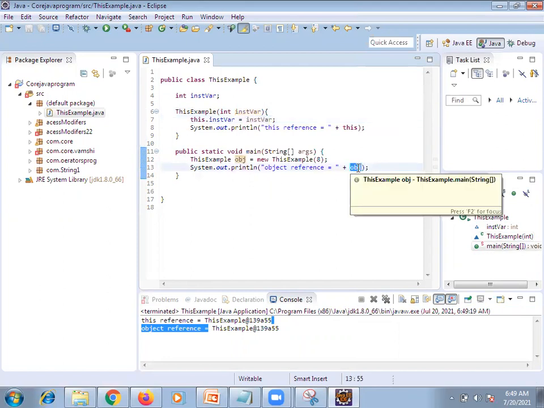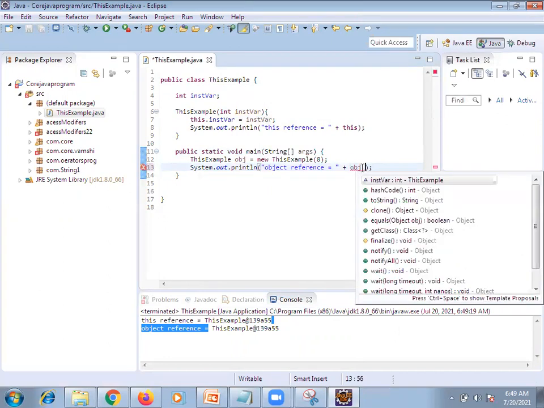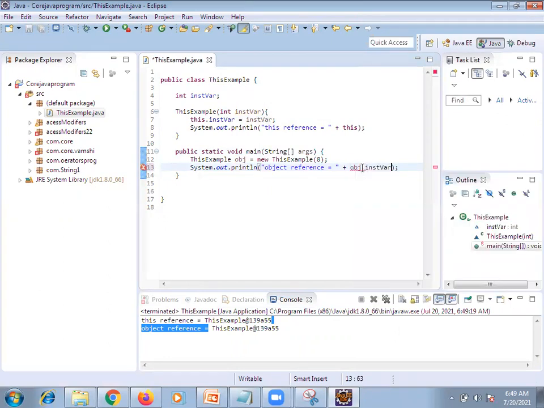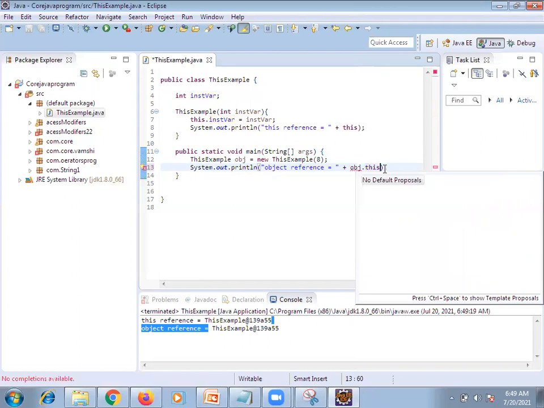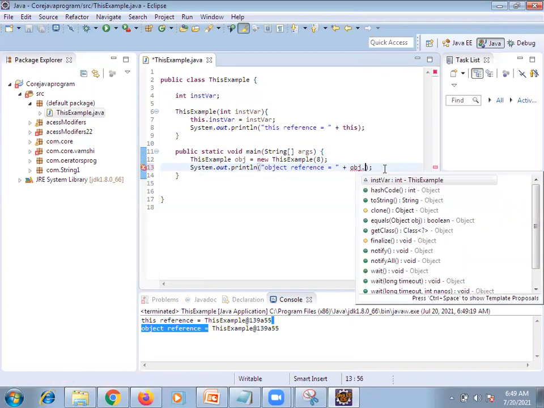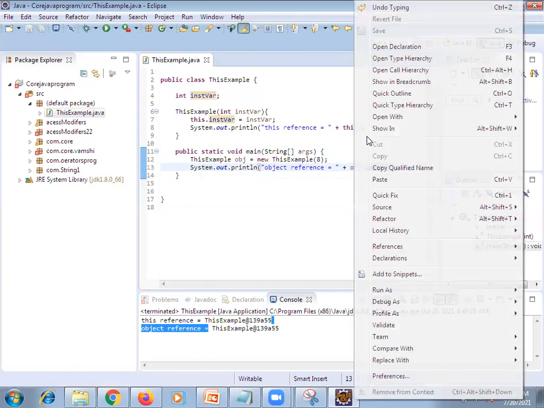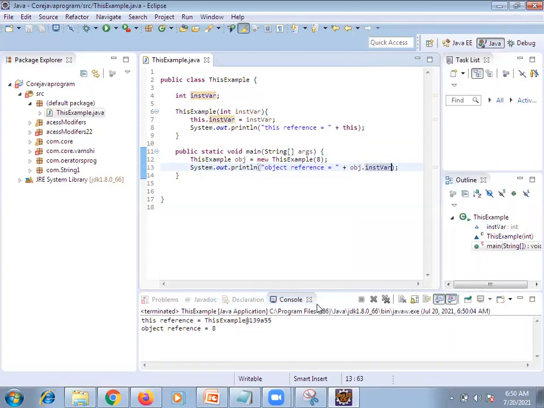So you are trying to print object dot int value. Got it? Here, this is always referring to this object, which means the instance class object. It will contain it. Got it, what I'm saying?